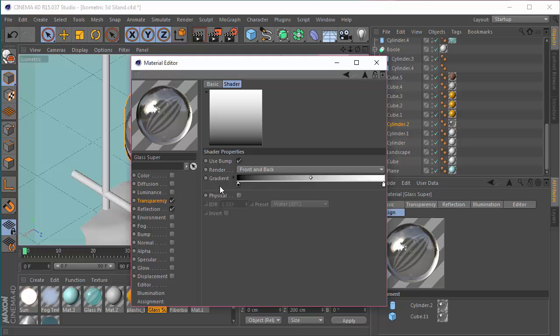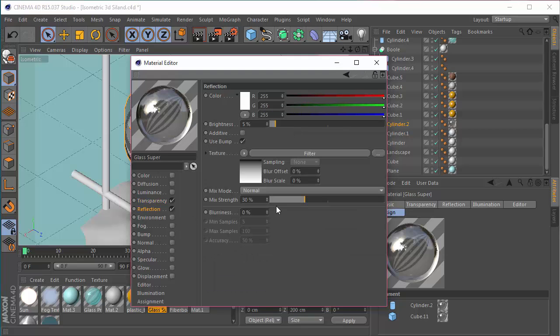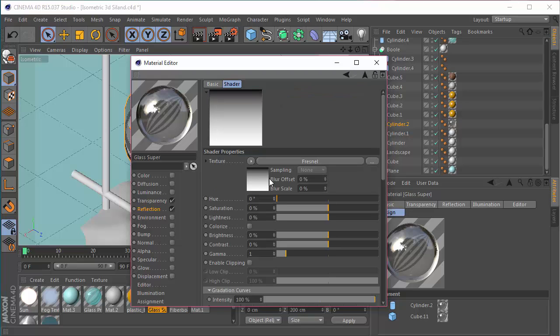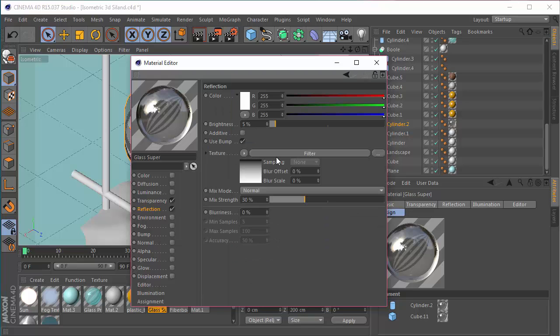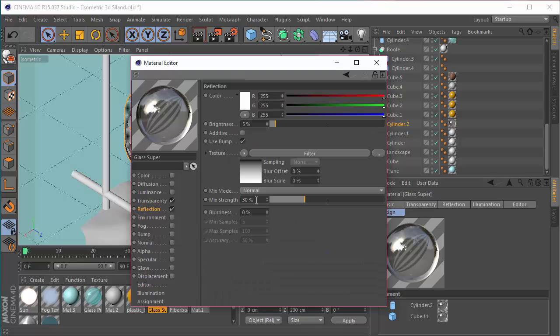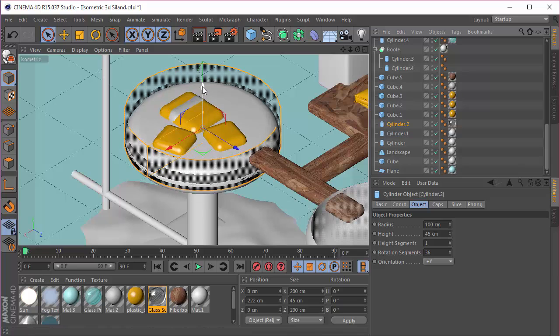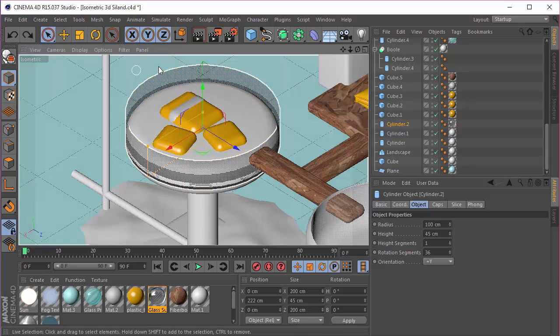So this is the Fresnel settings, and we want to set a mix strength of 53, absorption color is white, and Fresnel reflectivity 90. And in the reflection we have a Fresnel filter. So we have a filter, and in the filter we have a Fresnel option, and then we have a mixed strength of 30 and a brightness of 5. Great. So we're just going to take that and drop it on this cylinder right over here, which gives the